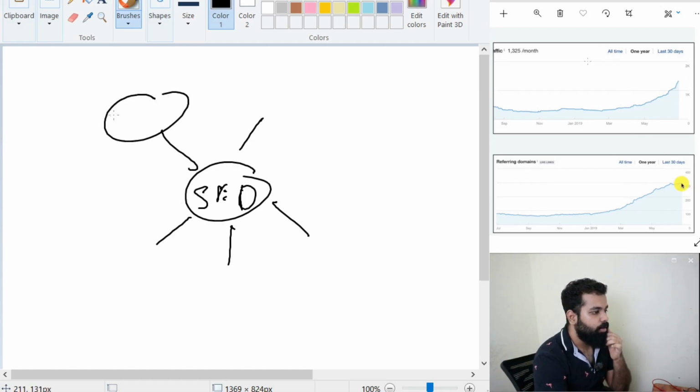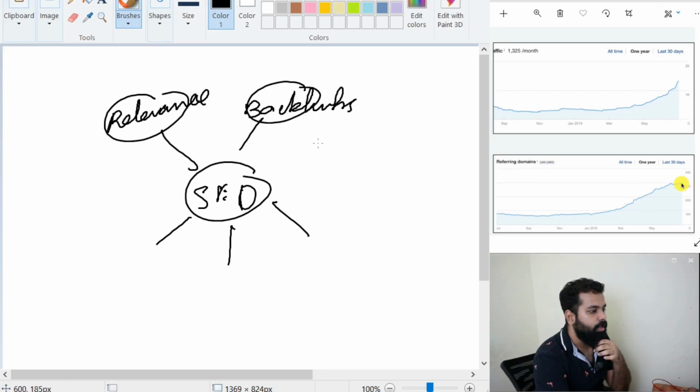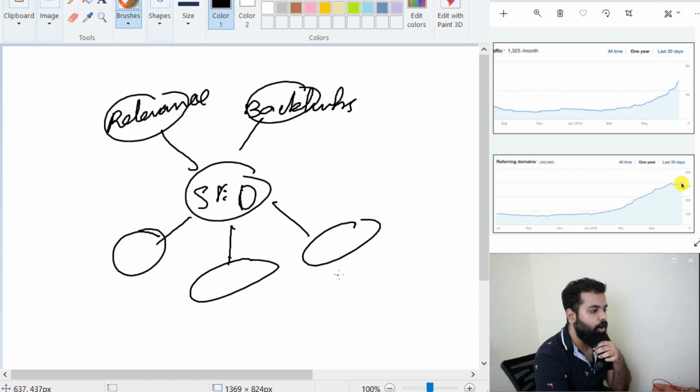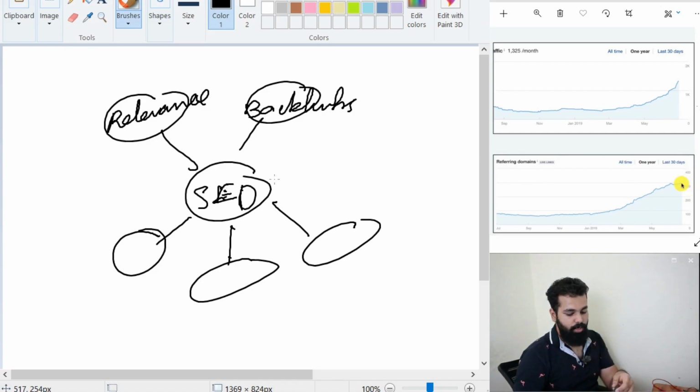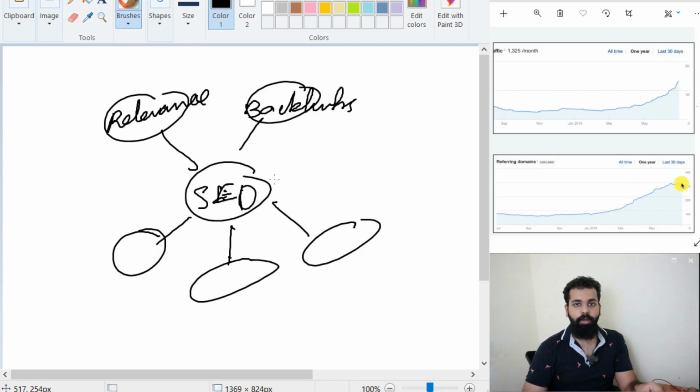And the relevance of your content is one of those spider webs. Then there come backlinks, then there's other stuff which includes website speed, optimization, and that sort of stuff. All right. So this is how you use the relevance method to rank your content, guys.